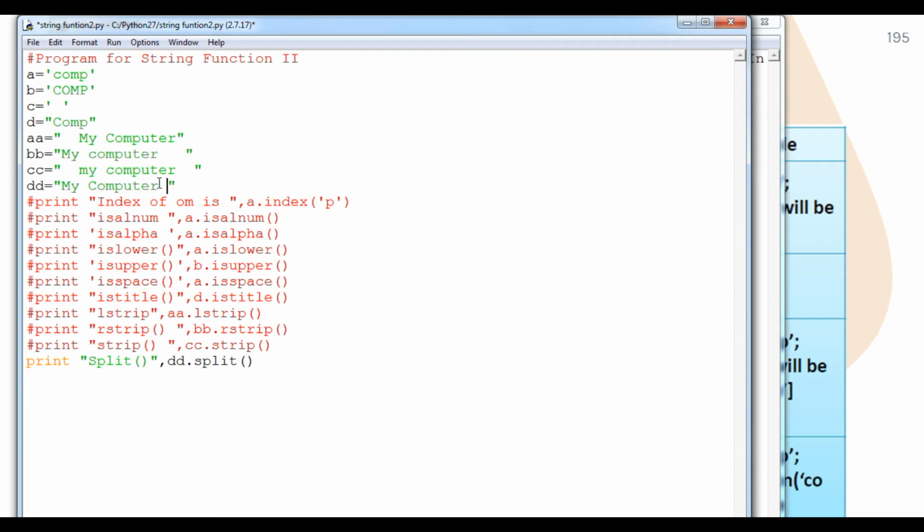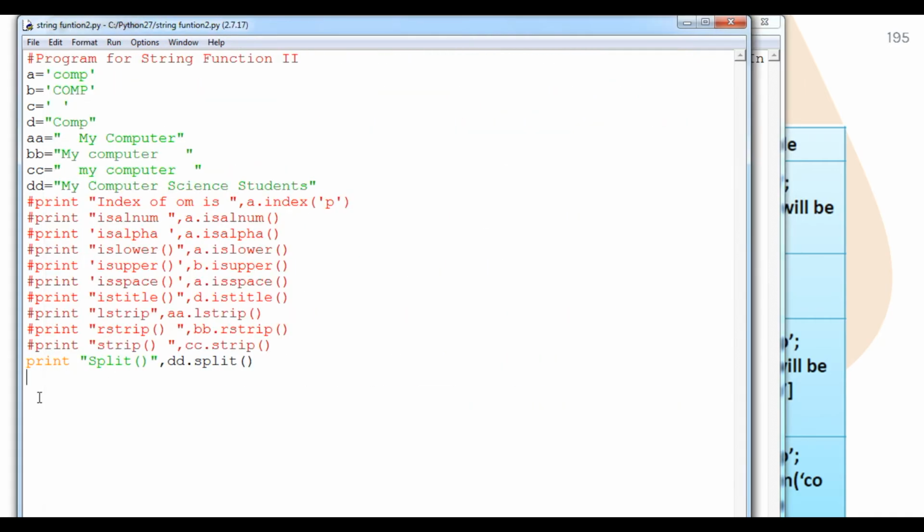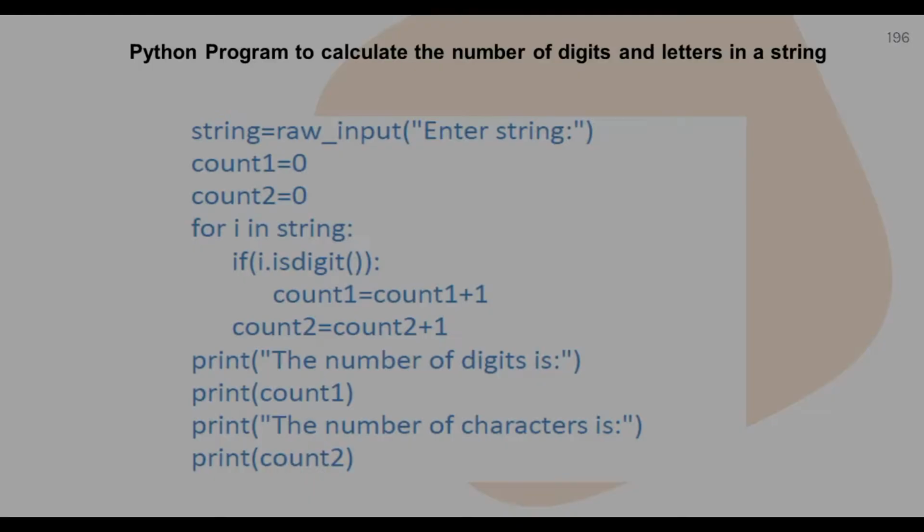My is one word, computer is another word. Suppose that there are a number of words there: my computer science student. Now we are going to just run it. Now you can see my computer science students. Every word is separated by a comma, and this is in the form of a list.